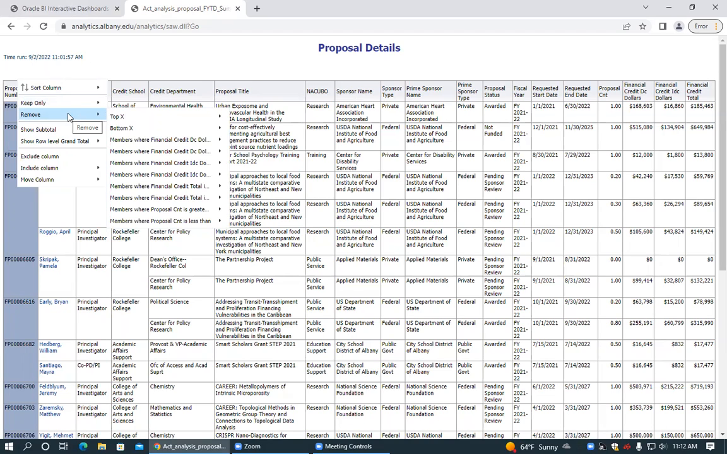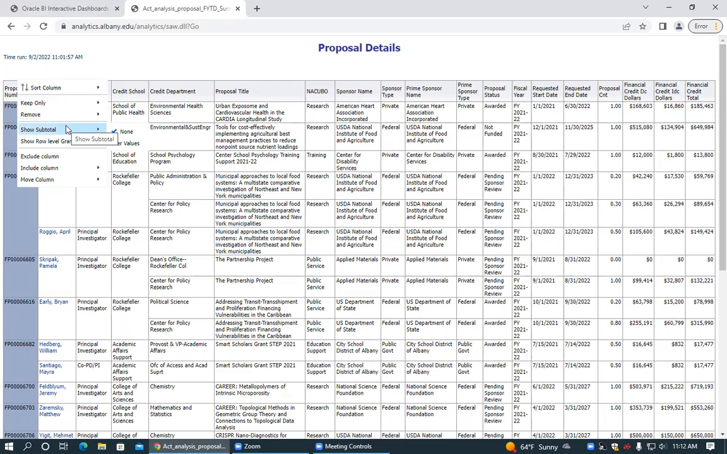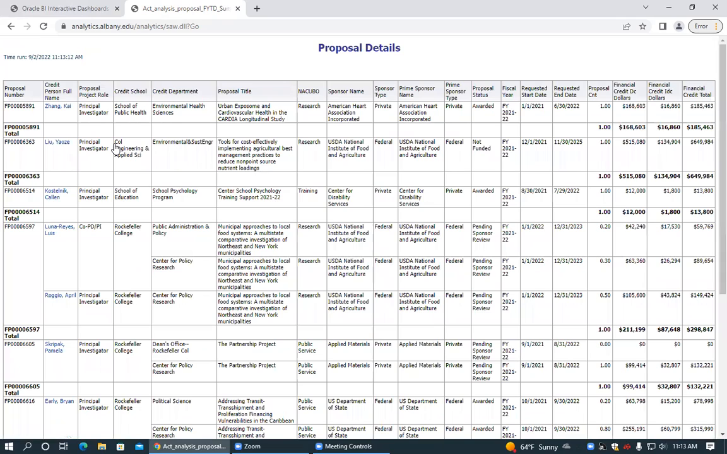You can select to show or not to show subtotals and row level grand total. For example, you can select to show subtotals for each proposal number by clicking the option here. Now the table shows subtotals for each proposal. Additionally, you can exclude columns that you don't want to show in the table by clicking